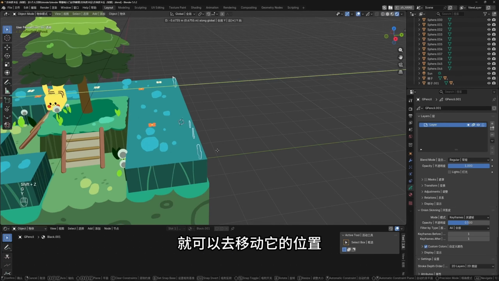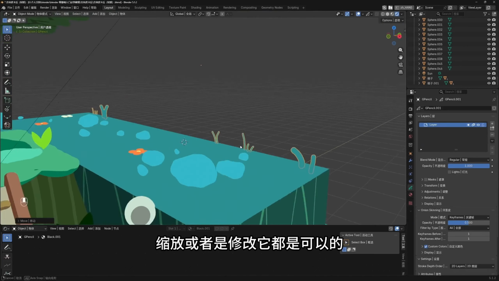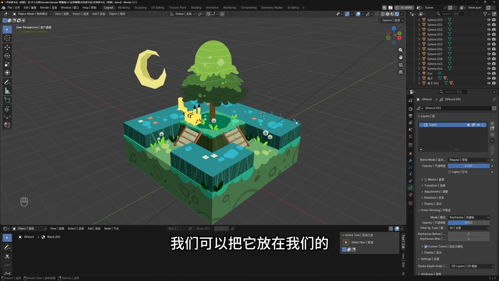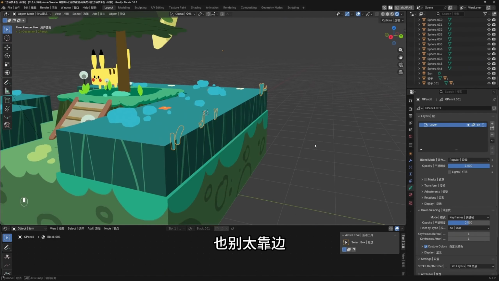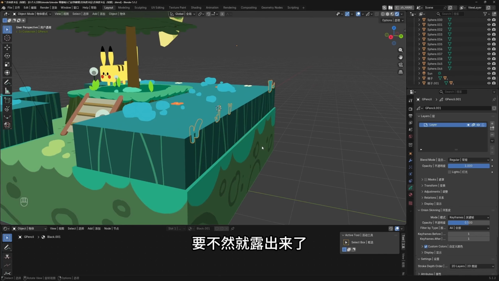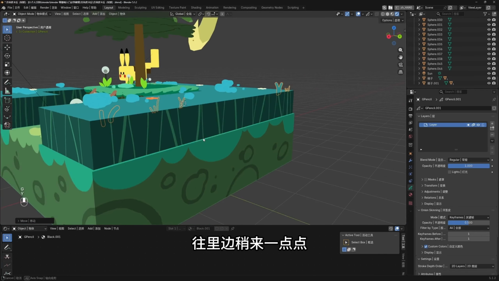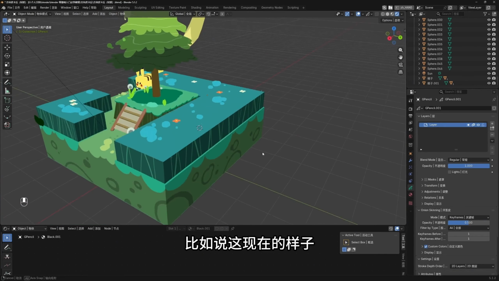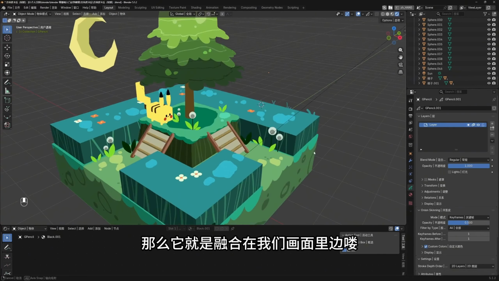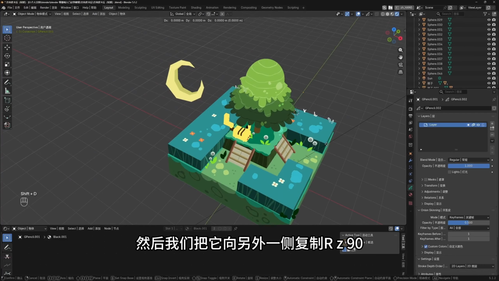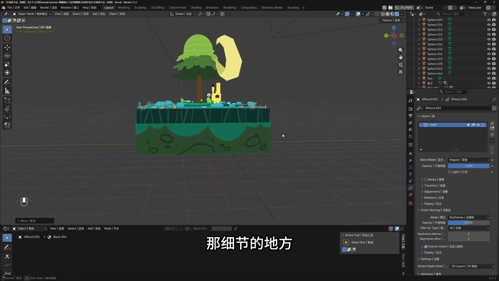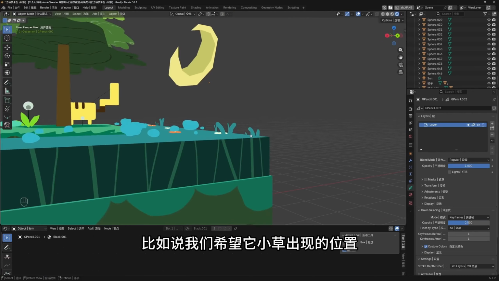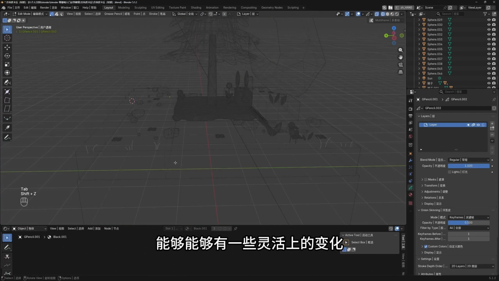After we finish drawing, you can move its position, scale, or modify it. Everything is possible. We can put it in the edge of our model. Don't move too far to the side either, otherwise it will be exposed. Put a little less in there. For example, what this looks like now. Then it is integrated into our picture. Then we copy it to the other side. R Z 90 lets it rotate to the other side. Then let's position it. That detail, for example, where we want the grass to appear, we can have some flexible